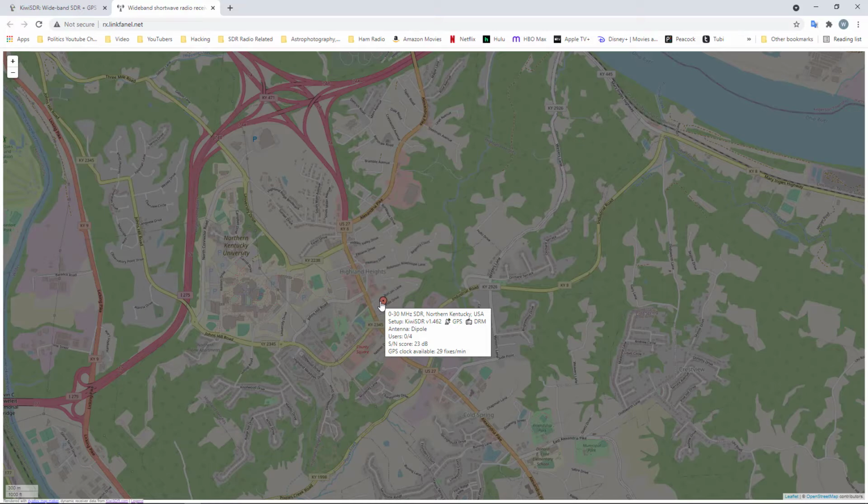Set up as KiwiSDR, and it tells you the version. It's hooked to a GPS. It has DRM, and the antenna is a dipole antenna. And also, if you notice, there's a score given to the receiver. You know, it's 23 dBs.